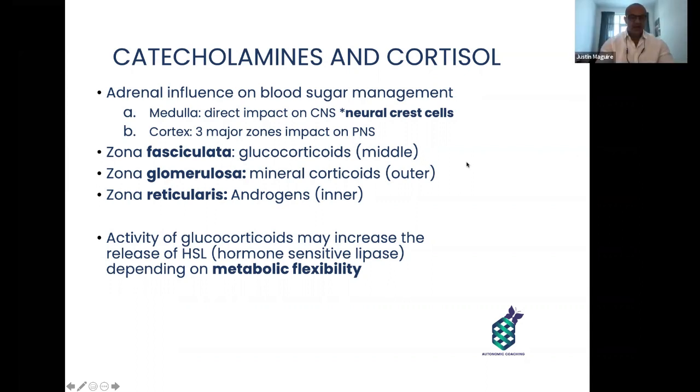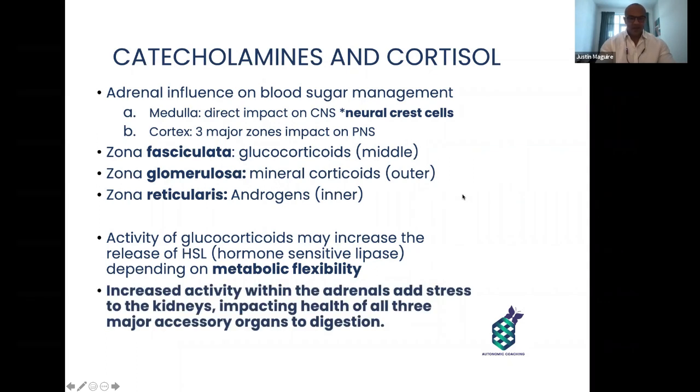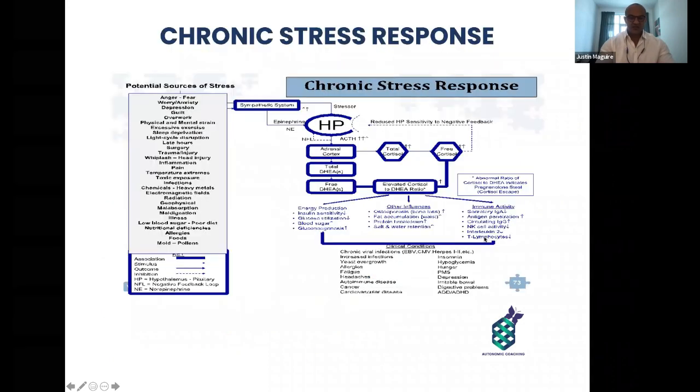And how the brain regulates glucose utilization in its own right. Increased activity within the adrenals adds stress to the kidneys, impacting the health of all three accessory organs to digestion. So it is very, very important when we think about digestion to really think about this HP axis over here, the hypothalamus